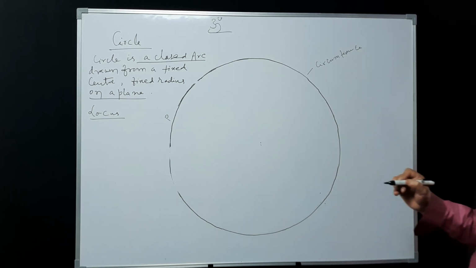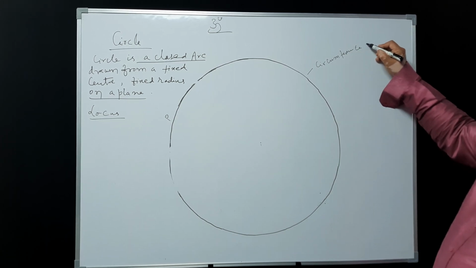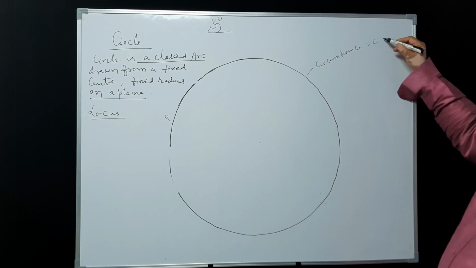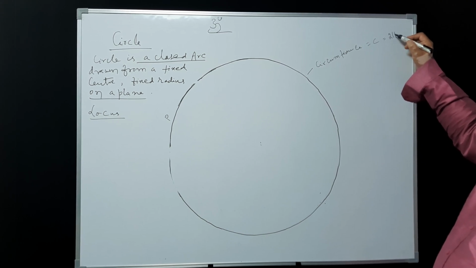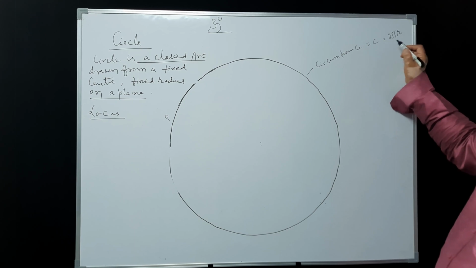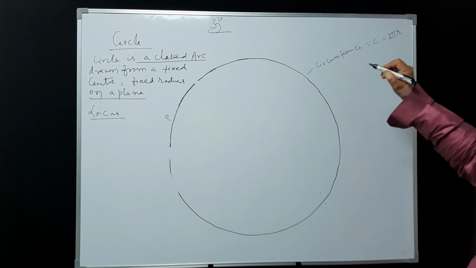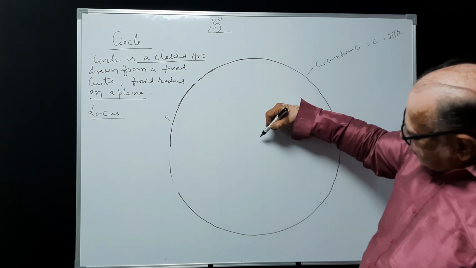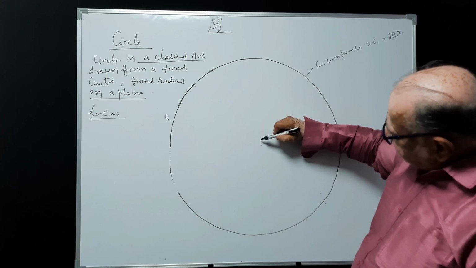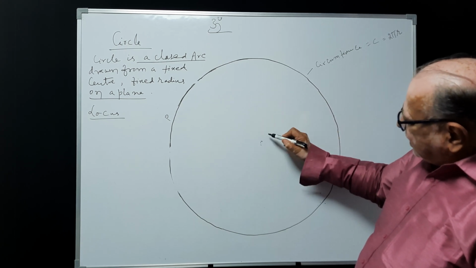Circumference. It is represented by C and calculated by the formula 2 pi r. I'll let you know what r is and what pi is. R is nothing but the distance between the center and